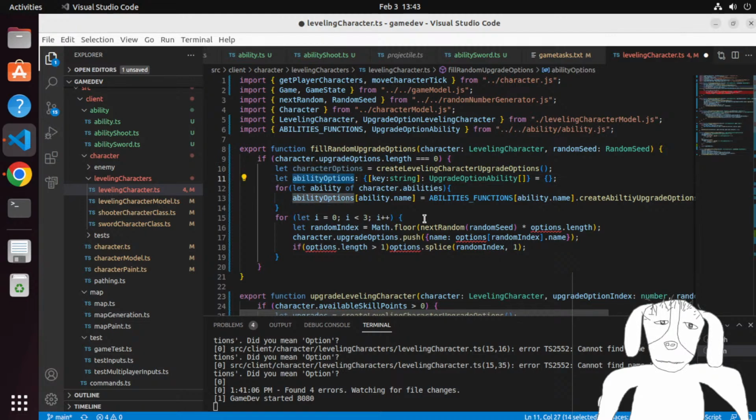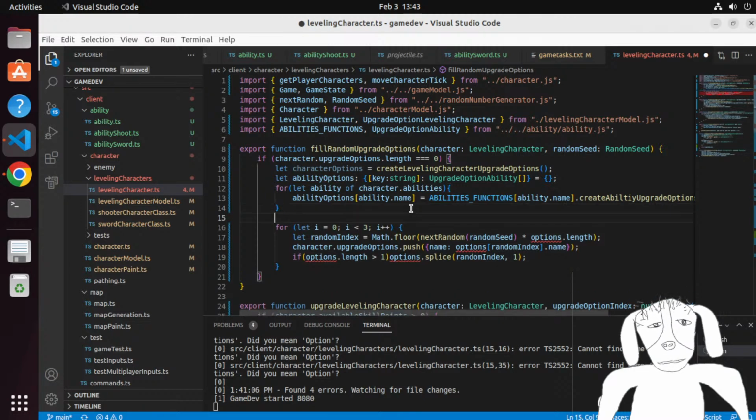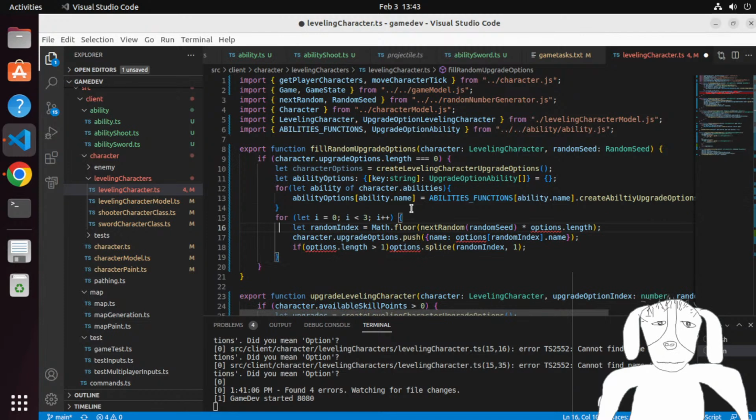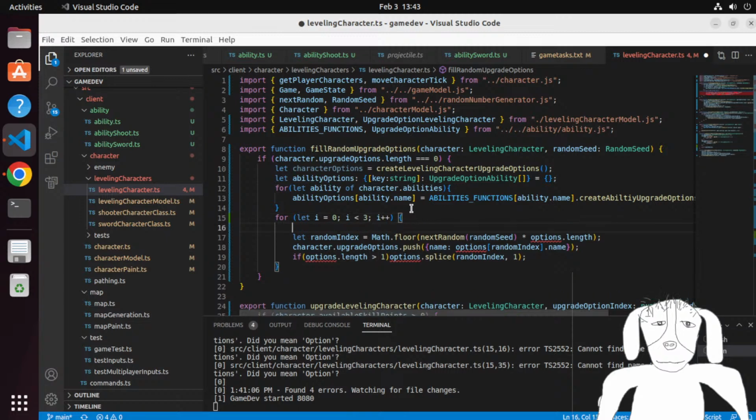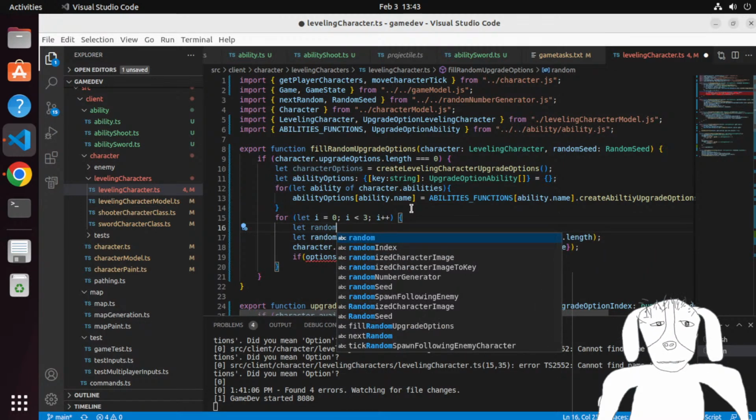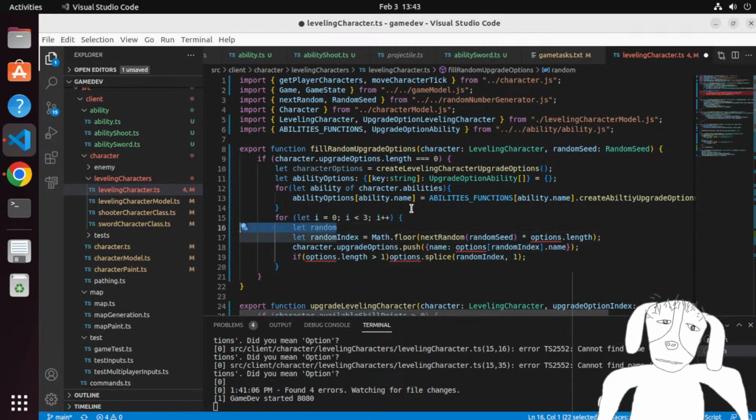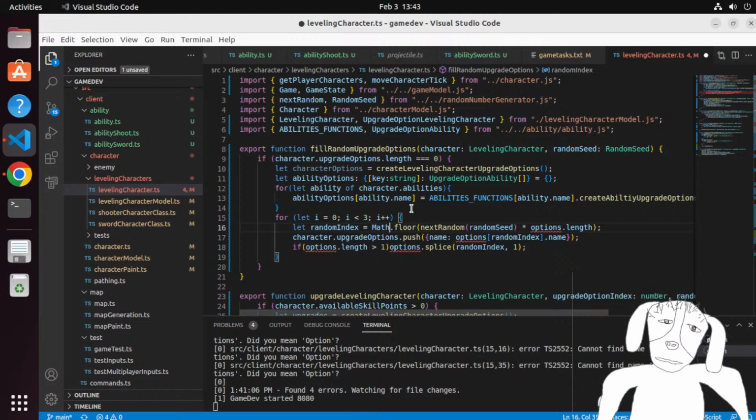Now I have to roll a random index for, if it's an ability, I will roll for it at random index. Random index, let's use the random index. Next random, this is no longer options punct length, but